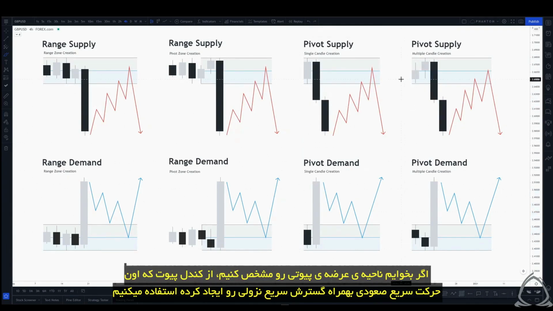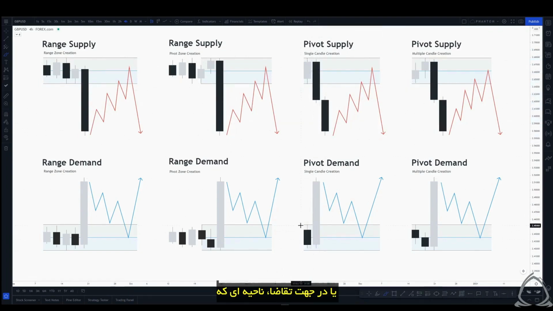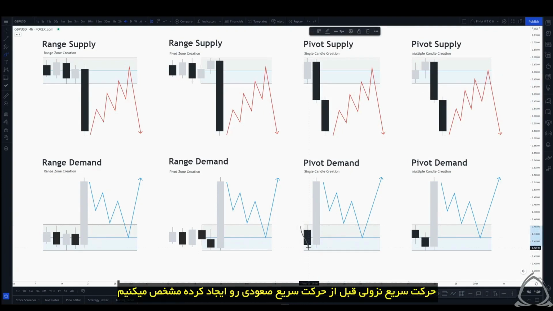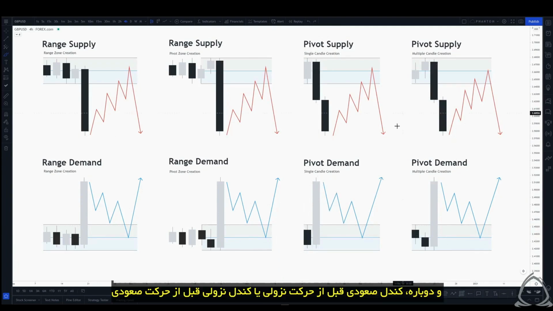If we're going to be marking out our pivot supply zone, we would be using the pivot candle that created that sharp move to the upside and then followed that expansion to the downside. Or on the demand side of things, we would be marking out the sharp move to the downside before that rapid move to the upside. And again, we would be marking it on the bullish candle before the bearish move, or the bearish candle before